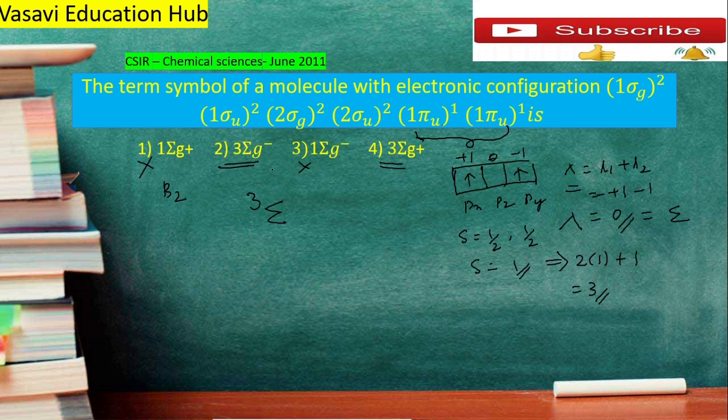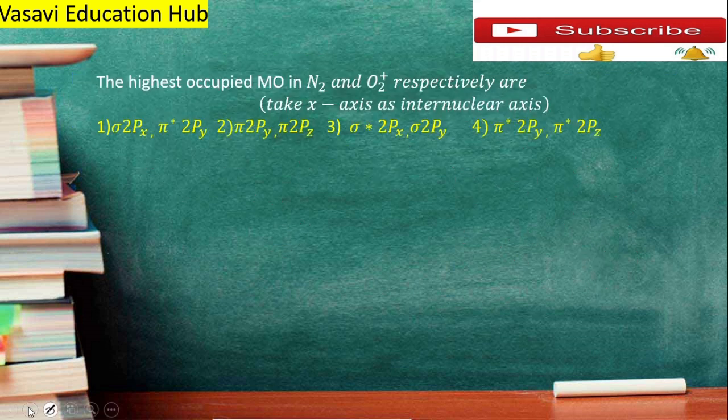So already we know very well, student. Generally if the spin multiplicity is 3 and the term symbol is sigma, 100% go for the minus, because the negative superscript will come only when the spin multiplicity is 3 and the term symbol is sigma only, right? So 100% the correct answer is 3 sigma g minus, right? There is no doubt. Okay, so you can eliminate option 4 also, right? So this is the answer for this term symbol, right?